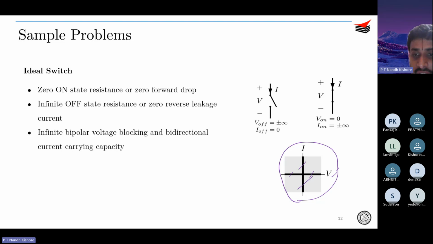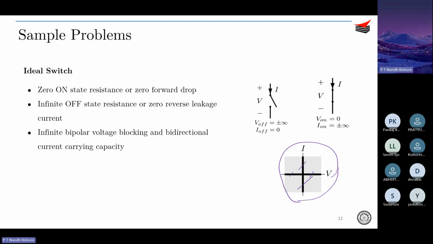Nonetheless, when it is turned on, you want the switch to operate as a complete short circuit. You don't want any drop occurring across it, such as the VCE drop that we were seeing earlier, or the RDS on, that is the channel resistance, as in the case of MOSFETs. So ideally, you want your on voltage drop to be 0, and you want it to block infinite voltage and not allow any leakage current when it is turned off. So that is what you ideally want. So for example,